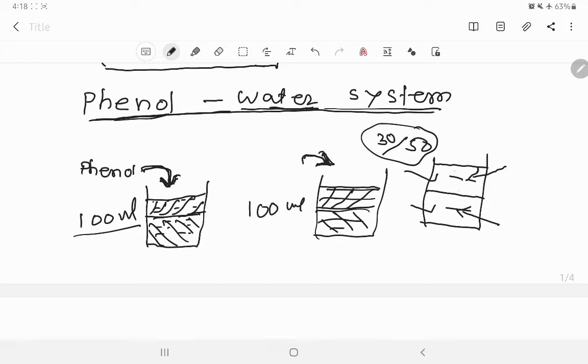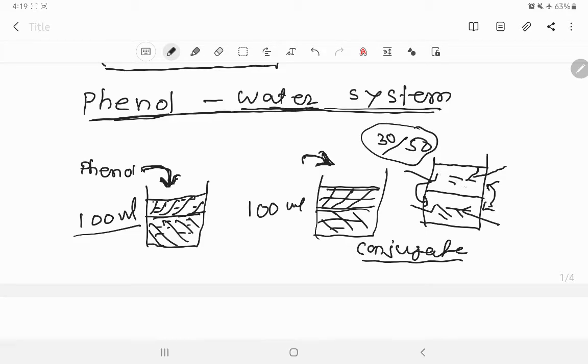Such solutions of different composition exist simultaneously. Thus, they are called conjugate solutions. Means two different solutions of two different compositions coexist with each other simultaneously, called a conjugate solution. And as we go on increasing temperature,